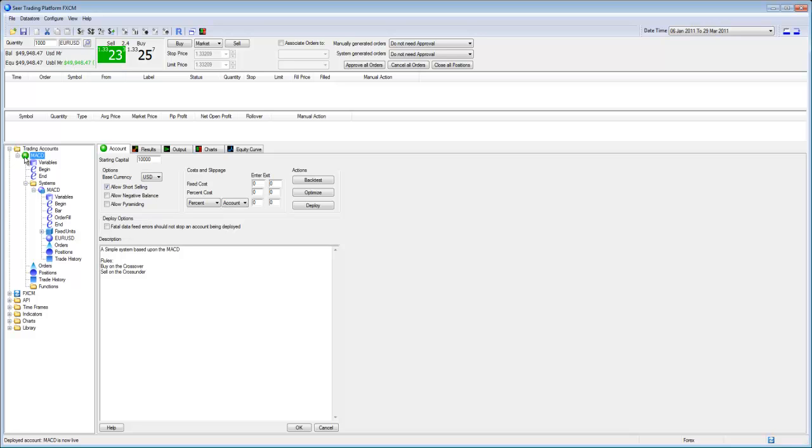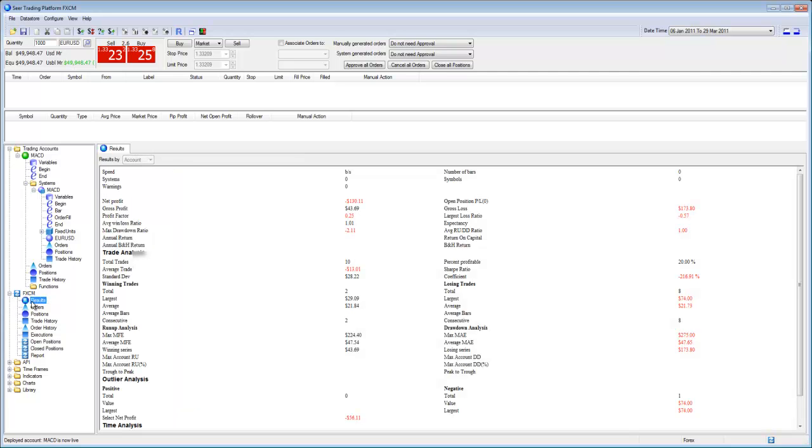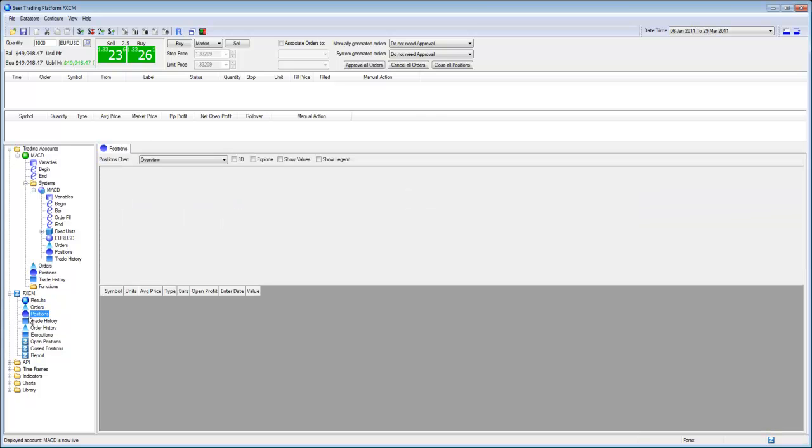Now I'm going to be waiting for my trade screens to actually log some trades on the system. In the meantime, let me show you a little bit around the system itself. If you click on your FXCM icon, you can get all the details of your current login and password and type of connection that you have to the system. You can also get many different results from FXCM. So for example, you have your latest backtesting results, any pending orders or open positions, as well as all the reports